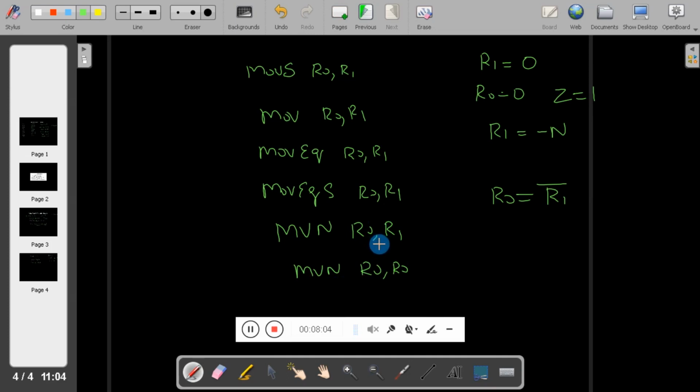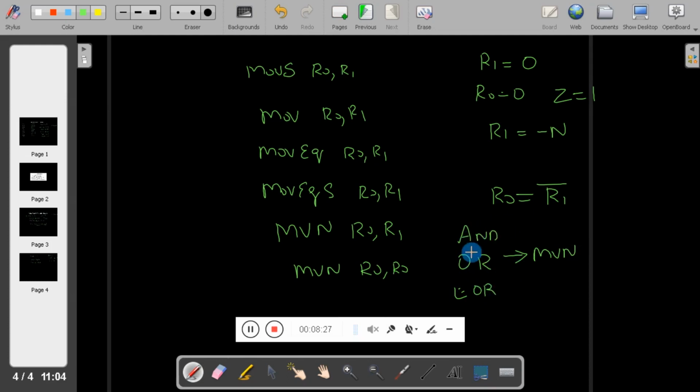So what is the use of this instruction? We know logical instructions like AND, OR, exclusive OR. Suppose you want to derive NAND, NOR or exclusive NOR, then you need to add MVN to this operation.